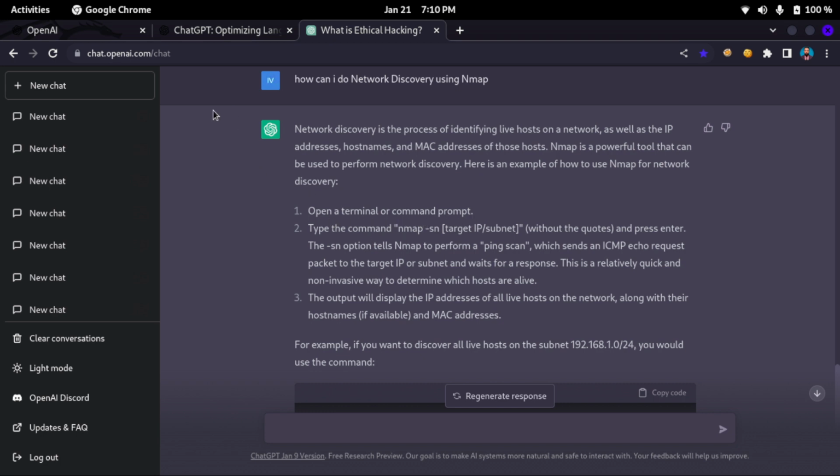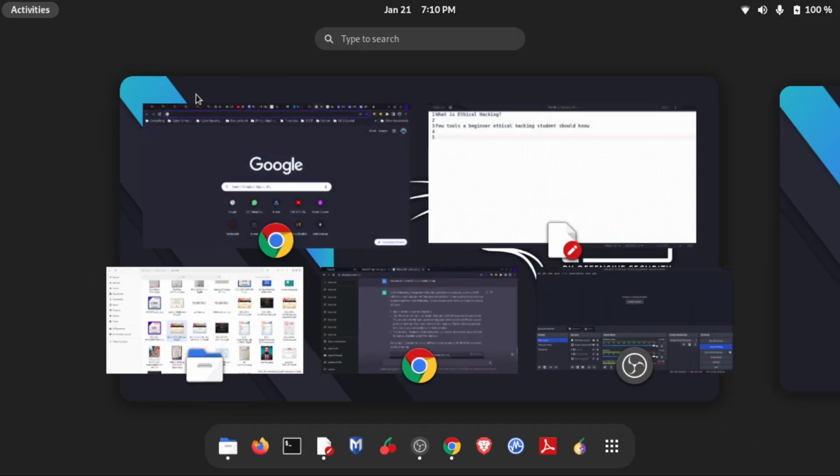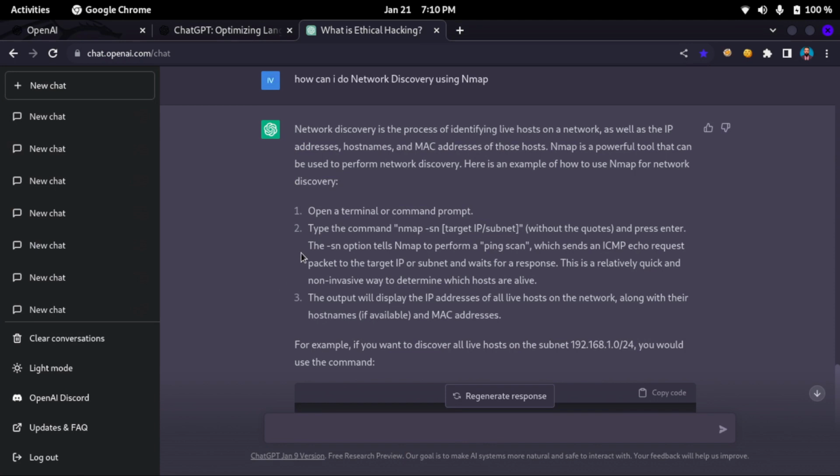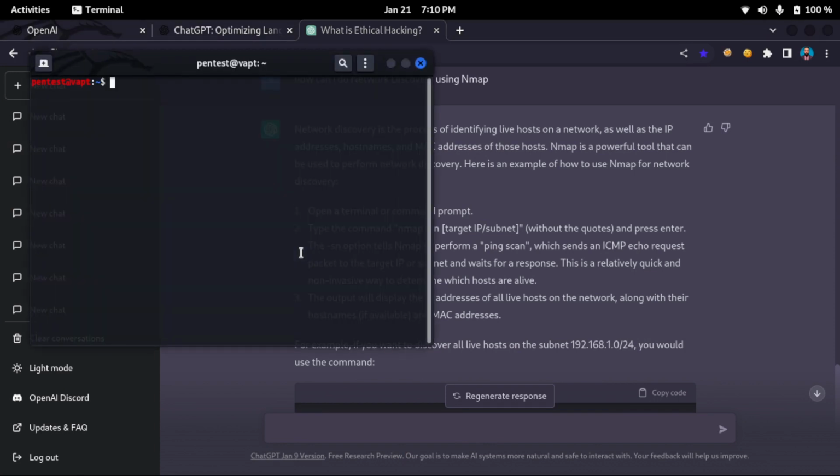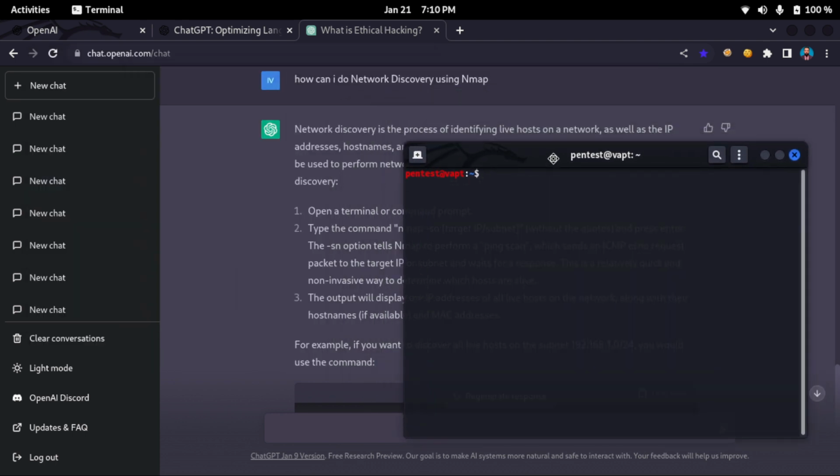But you can see in my case it's here. This is my terminal, or I can search in the search bar for terminal and then press enter. It will open a new terminal. So I'll now follow what ChatGPT